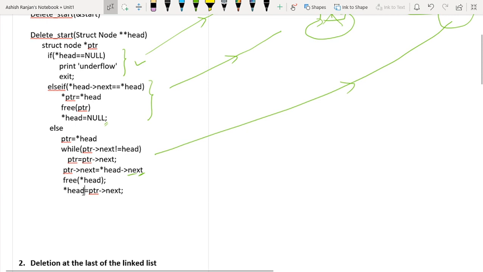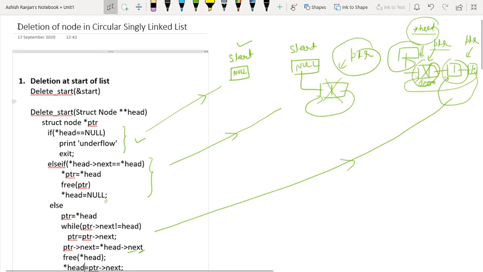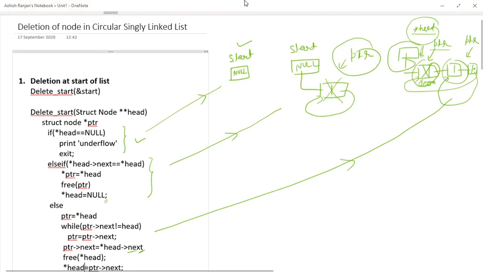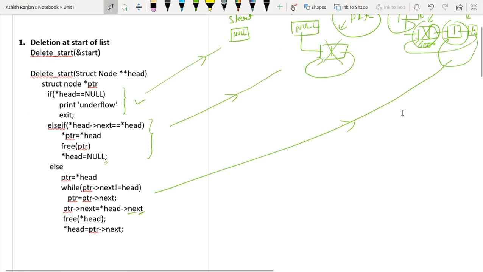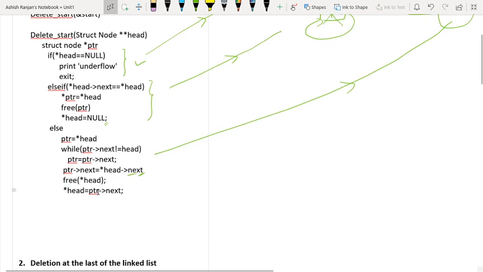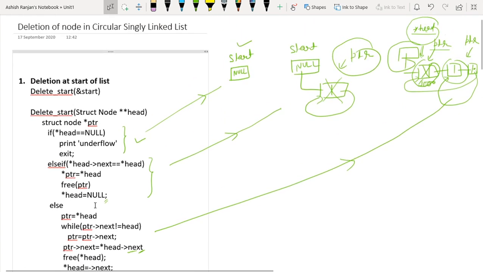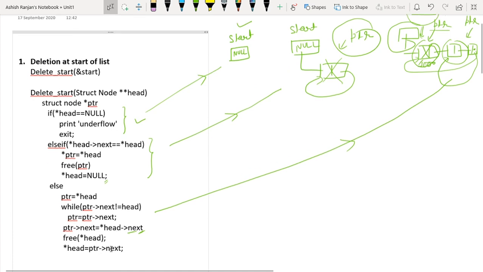And finally, the pointer of head, not here start, the pointer of head is equal to PTR's next.